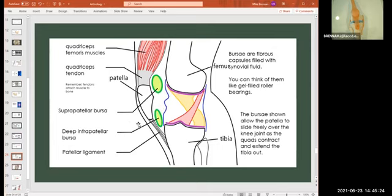So they allow the patella to slide up and down beautifully as the quads contract and extend the leg at the knee joint like you're going to kick that ball, or as the hamstrings, the hammies as we call them, on the back of your thigh, contract and flex the leg like you're just going to sit down. Okay, so